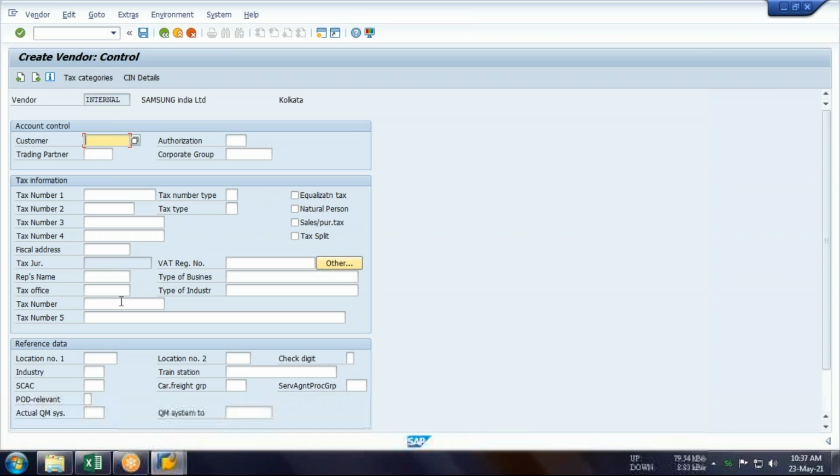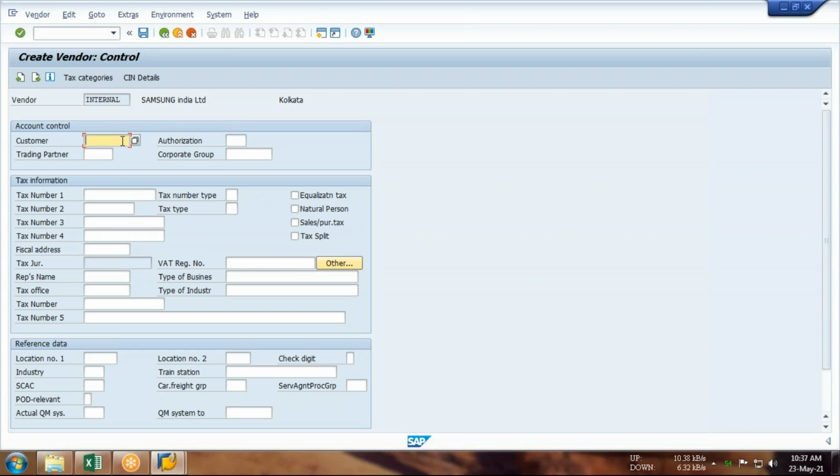The one from whom you are buying goods, you are also selling goods to them. So if it is so, Samsung is your vendor as well as customer. So at that time you should maintain the customer code over here for Samsung, because we have created the customer details of Samsung also. So that code you should maintain. If there is such a chance, then only we should do this.